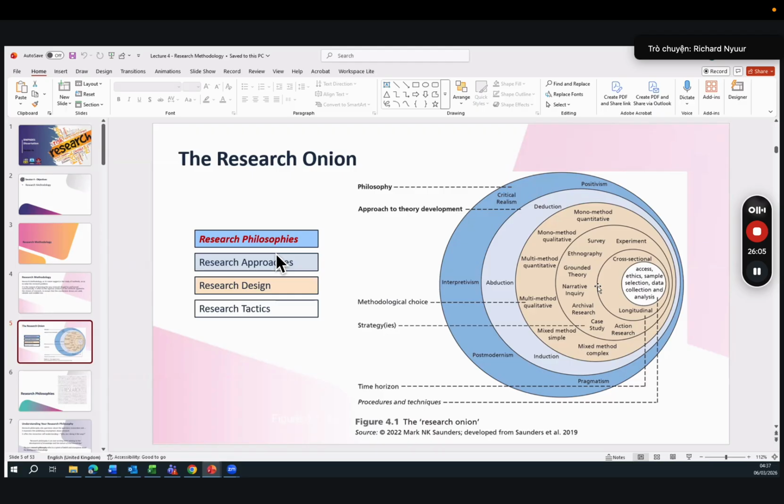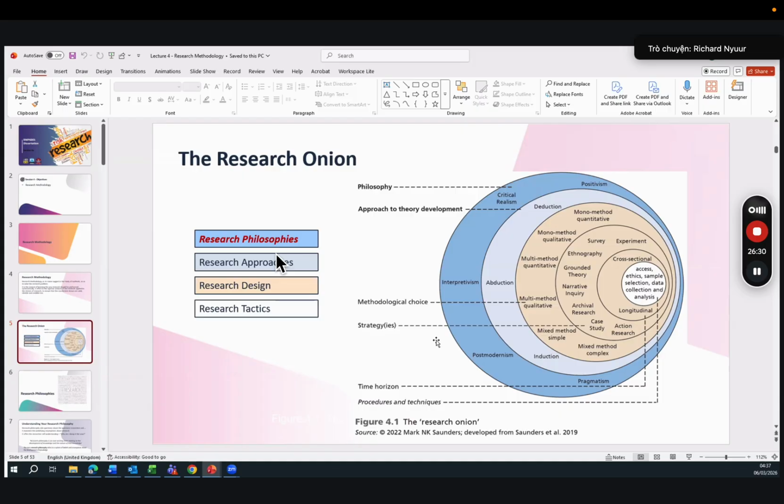The data can also be cross-sectional, which is a one-time set of interviews, or longitudinal, whereby you collect the interviews over a period of time. So the research onion, if you follow it properly, logically, helps you understand